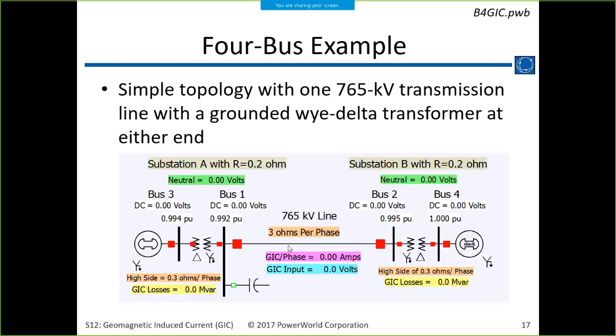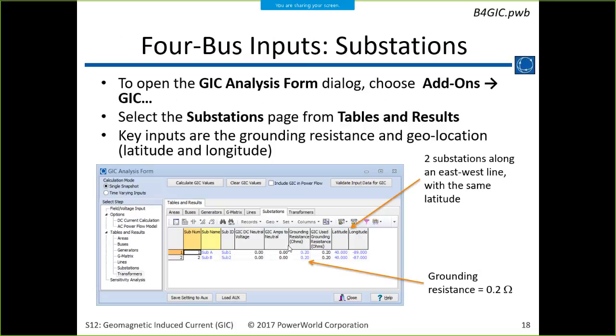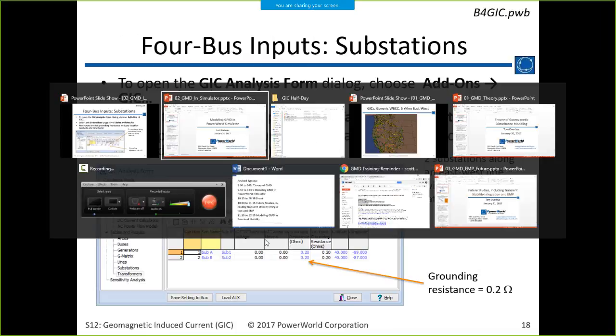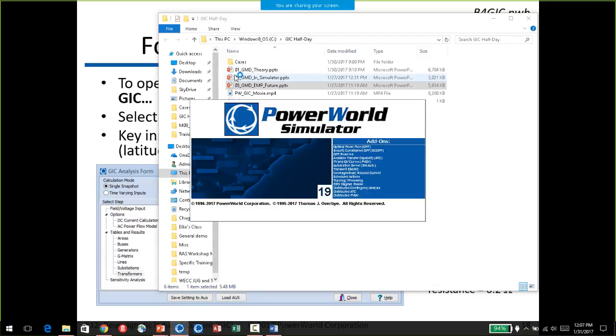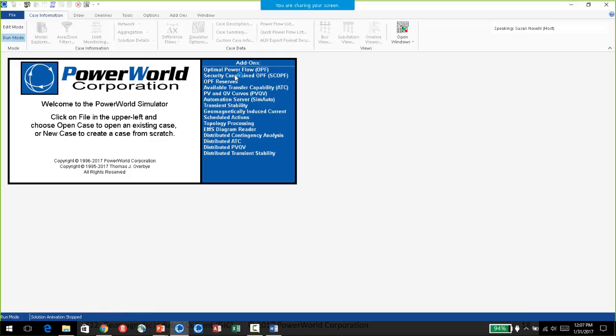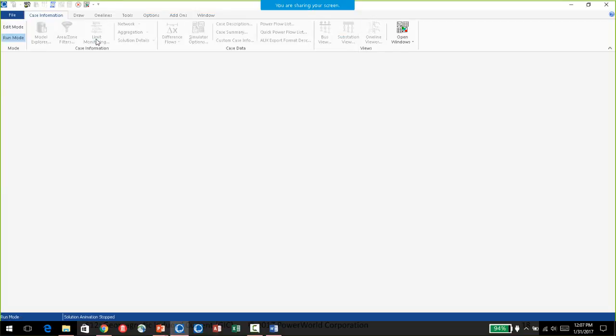So Tom mentioned this 4-bus example, and we'll go ahead. I'll just open this in PowerWorld Simulator, and if you want to follow along, you can. Otherwise, you can just watch it up here as well. I'm going to do these examples in PowerWorld Simulator 19, which is widely available right now. In Simulator 20, Tom's going to talk a little bit later about doing the EMP modeling, and we're adding features that are only available right now in Simulator 20 for that, but that will be released sometime in 2017, so that'll be out there and available soon as well.